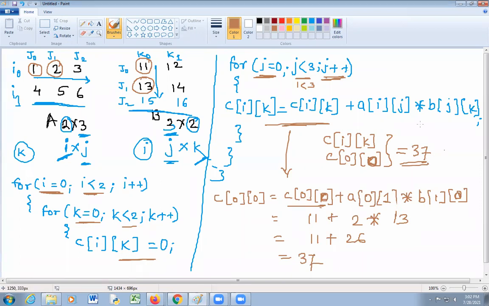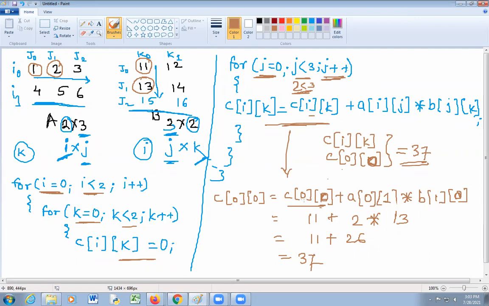Okay. Now again increment value of j. Initial value of j is 1. After incrementation it will become 2. Check this condition, 2 is less than 3. Yes, 2 is less than 3. So i equal to 0, k equal to 0, and j is equal to 2. So put the values in this equation.